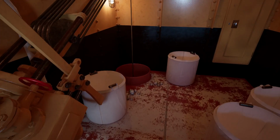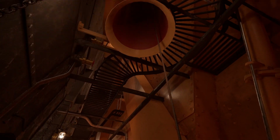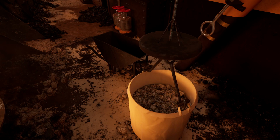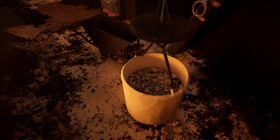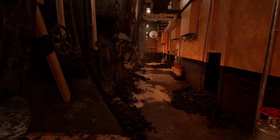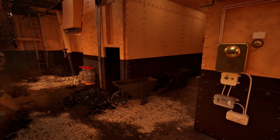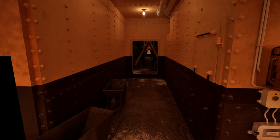And we can actually use this bucket hoist as an easy access back down. You wouldn't want to do that normally. That would not be fun. You'd break your legs. But here's a bucket full of ash, ready to be hoisted up. We will head back to the fireman's stairs, because we can go up to E deck. I believe...